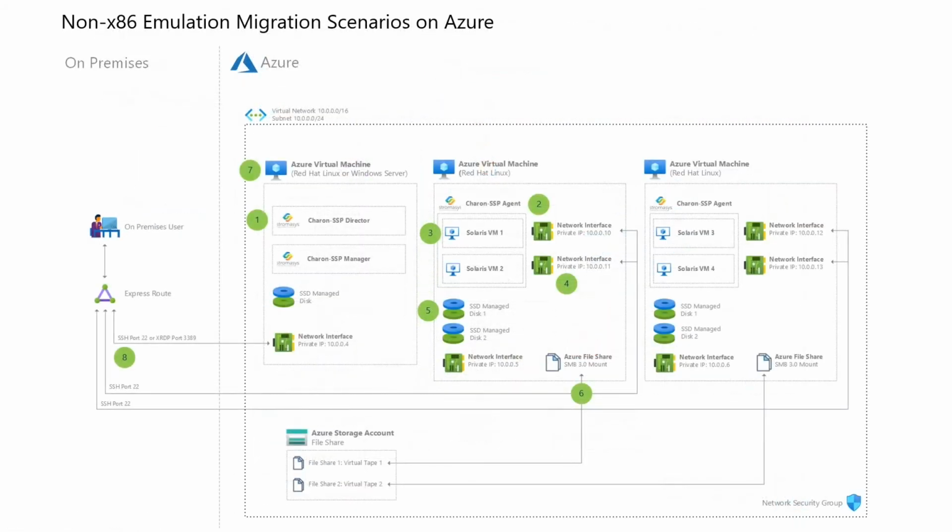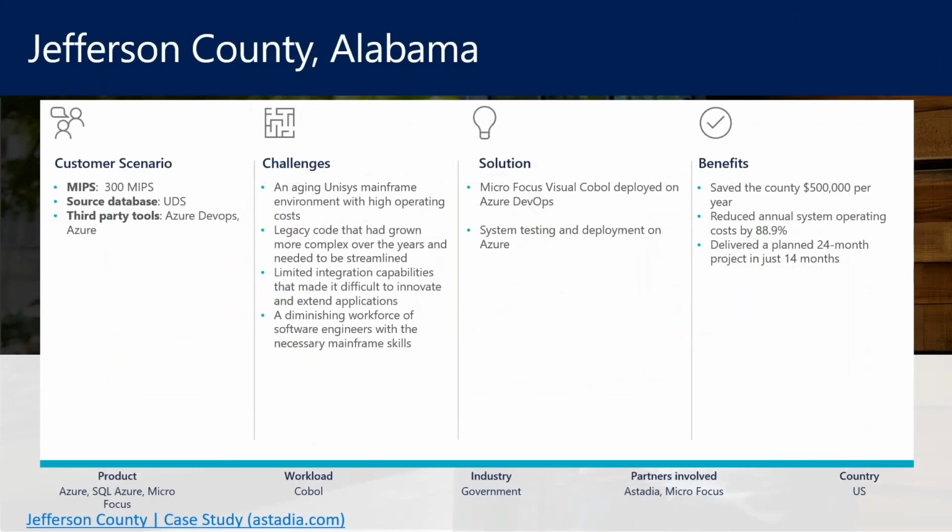This next one is showing if you were to take something like a Sun Spark system and move it over into Azure. So we not only work on mainframes, IBM mainframes and Unisys mainframes, but we also have approaches if you have something like legacy Unix, especially things like Spark or HPUX or something of that nature. With that, I'm going to turn it back over to Bob to talk about some customer examples.